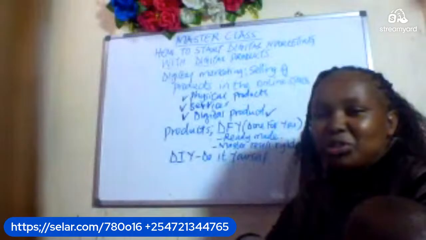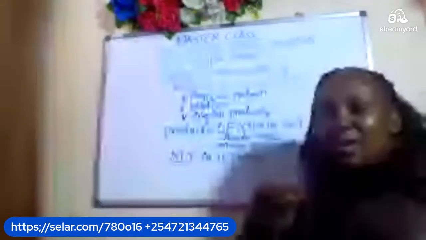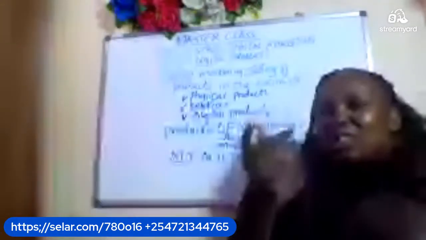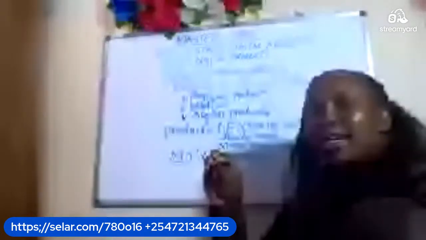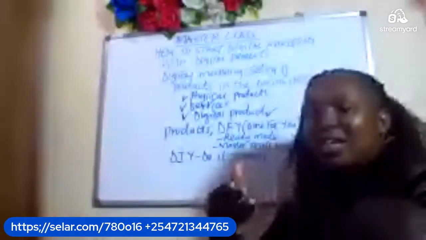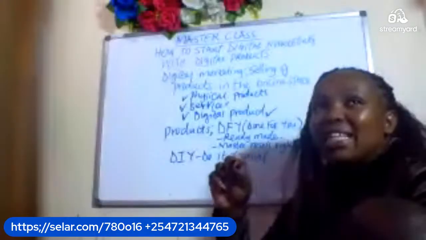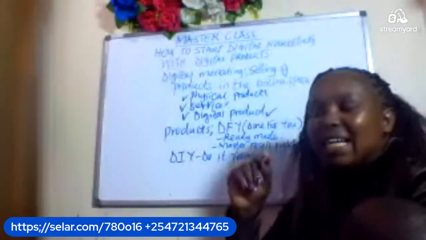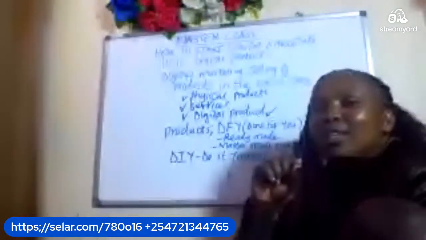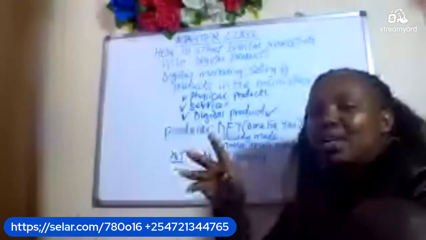Number two, you have to get a theme, a topic, or what we call a focus, and check in that niche what gap exists, what problem you can solve. If I create a digital product today, can it solve a problem? For example, when we were talking about health, people are really searching for information on how to lose weight. If you can identify that as a gap, that is what people are really searching for, and you come up with a solution, a formula or a guide on how you can help people lose weight, then you create one.